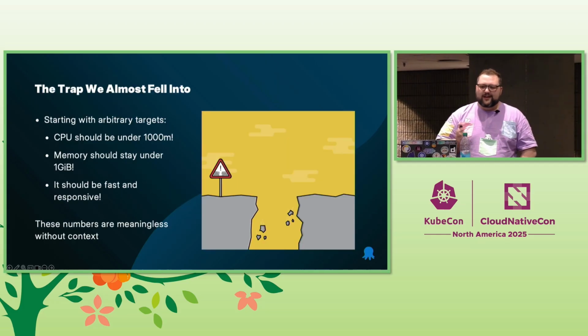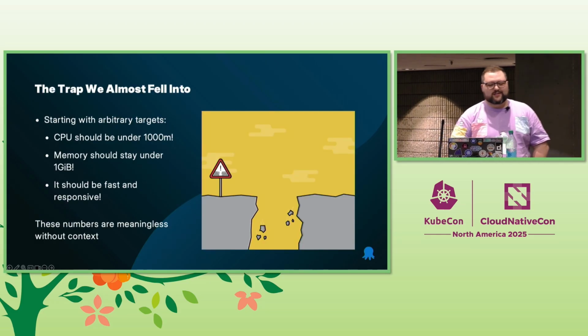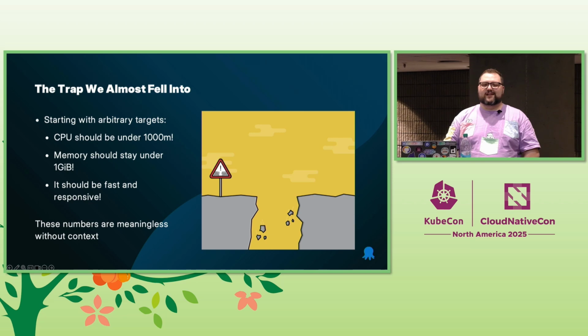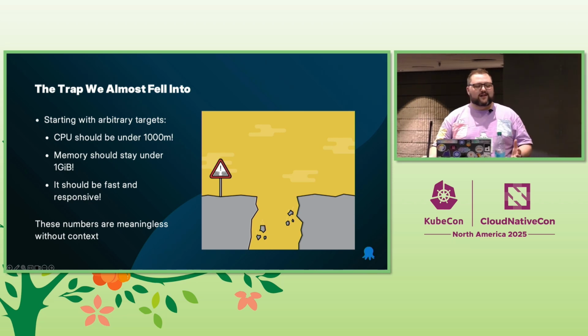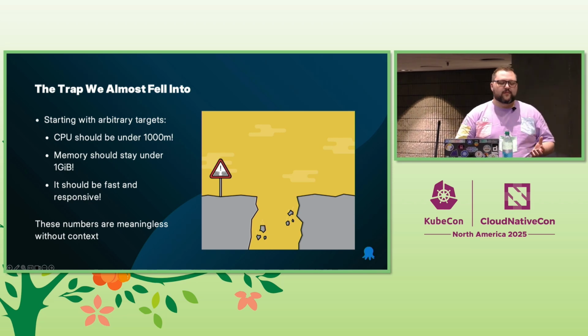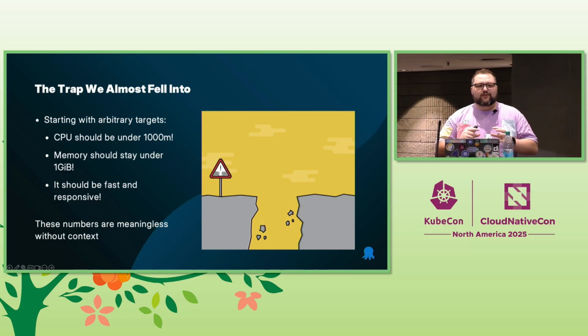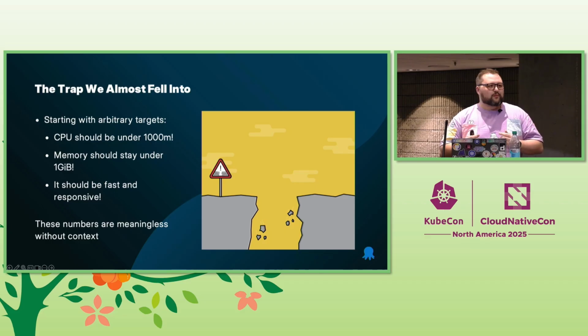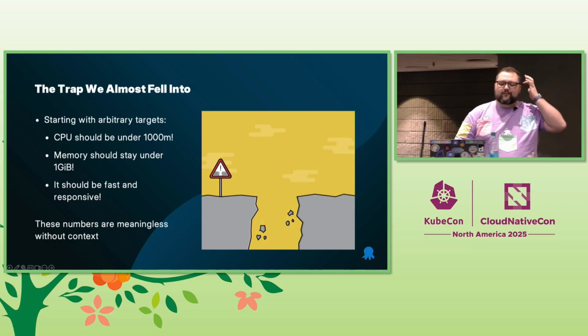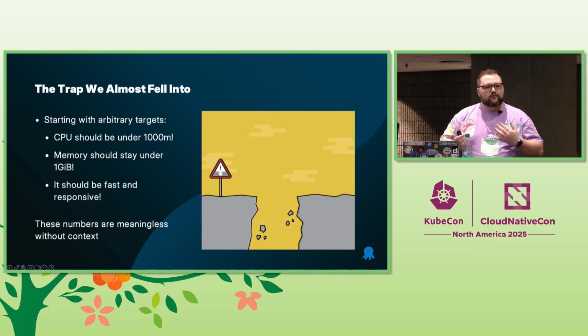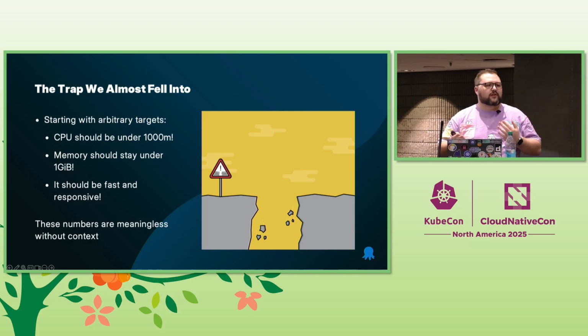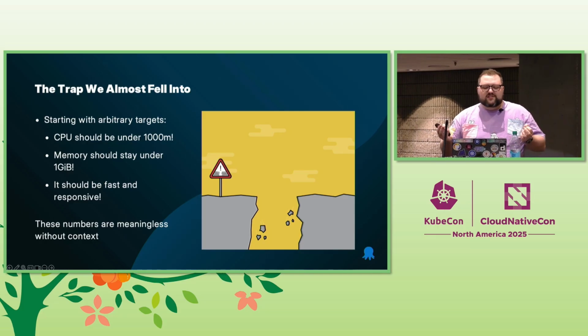Now, we almost fell into a very similar trap, but just by setting performance targets. Again, we can't see anything in these clusters. So we need to have a baseline, a default to give to people. But we didn't have that at the time. We kind of threw some numbers at the wall. We tried to talk to people and figure out what that number should be, but they just didn't have any context. I think at the end we just went, you know what, we want it to be fast and responsive. That's not a number, unfortunately.